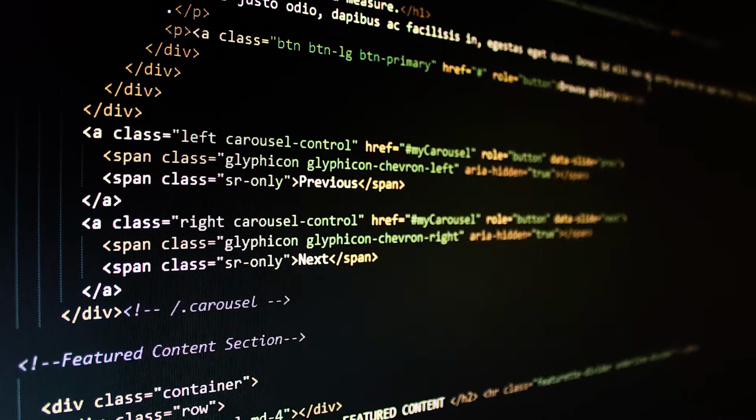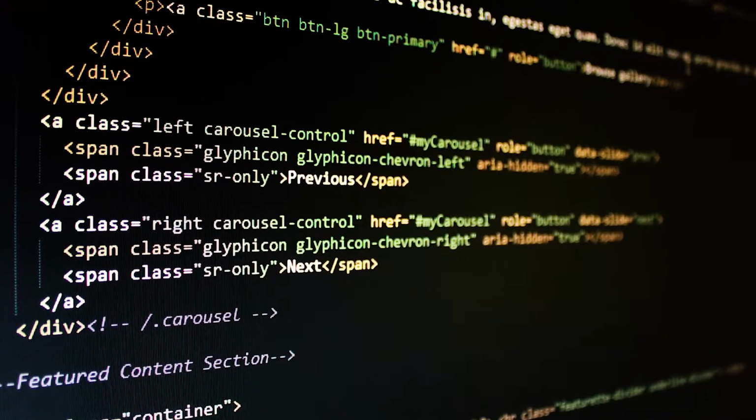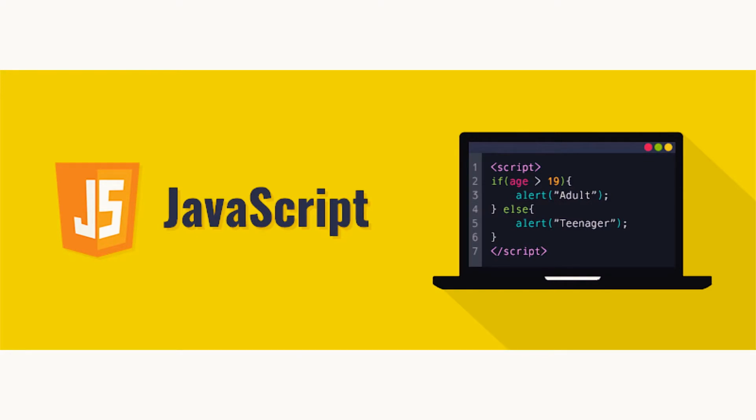CSS and HTML. If you want to get into any sort of front-end web development, then HTML and CSS are an absolute must. Although they are two separate languages, they are almost exclusively used together to create engaging, cleverly designed web pages. JavaScript. JavaScript is another versatile programming language which is used for a number of things.